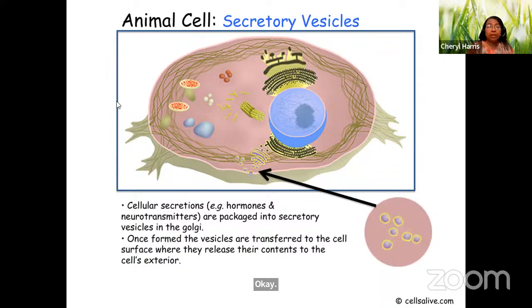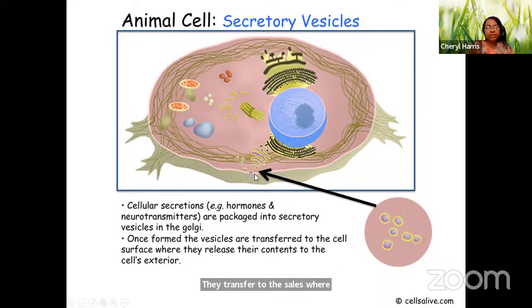All right. And again, this was also really made by the Golgi apparatus. And I'm having a good time pronouncing these words this morning. Secretory vessels, they have cellular secretions, and once they're formed, they transfer to the cell surface where they release the